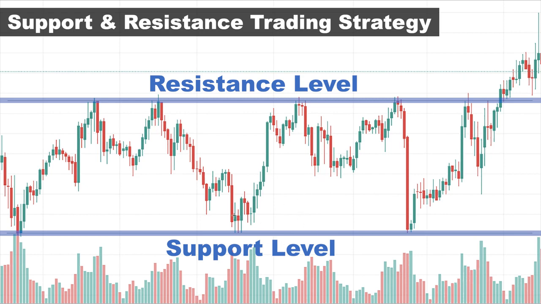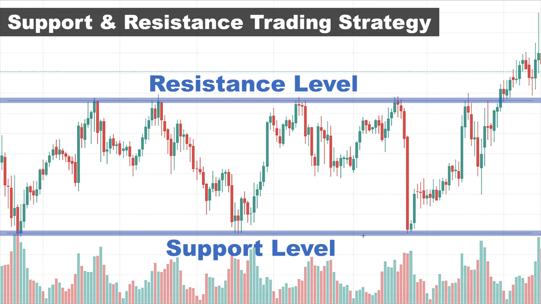Actually, support and resistance levels are areas where the bulls and the bears have set up their defenses, and these levels act as a barrier and prevent the price from moving further in its direction. In a support level, demand is strong enough to stop the decline of the price. It means that at support levels, the price has difficulty breaking this level and going lower. At support levels, buyers step in and take control of the price and push the price up, because when the price gets closer and closer to support levels, it actually means it's becoming cheaper, because historically this level was